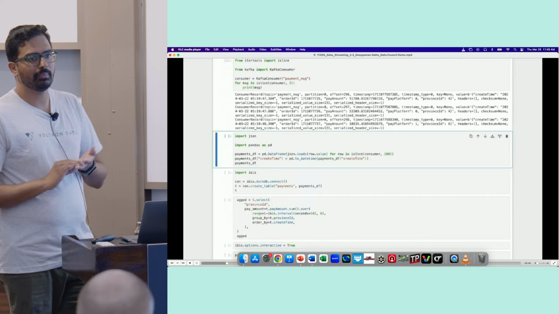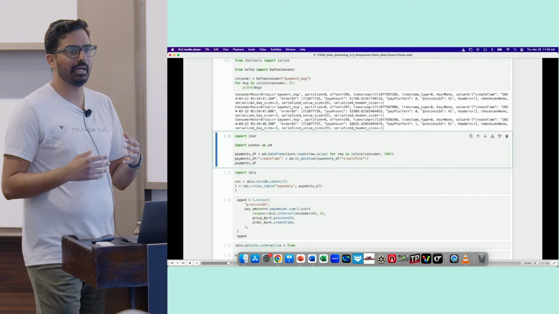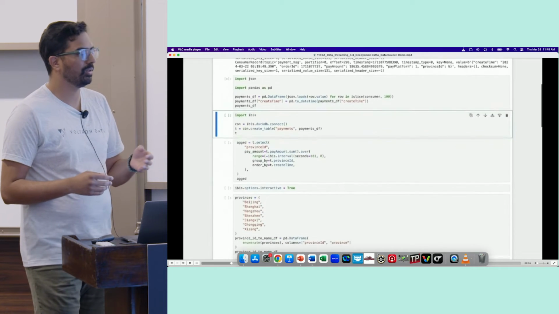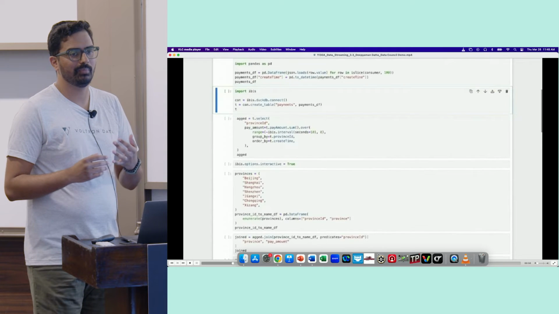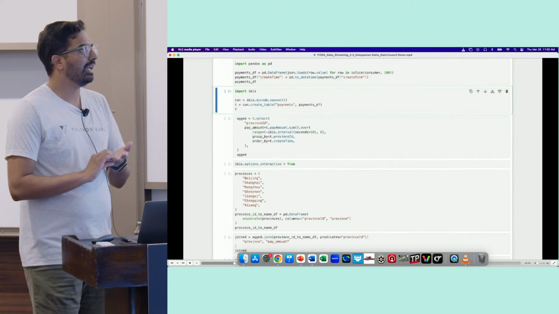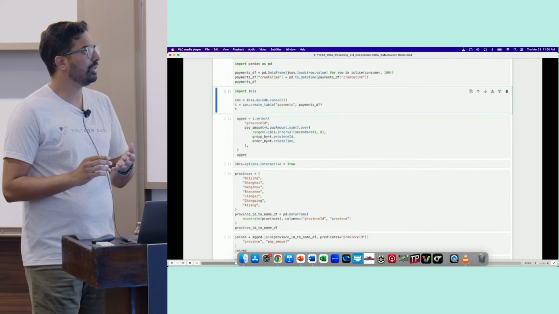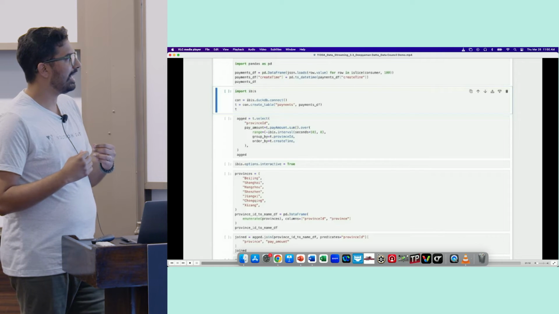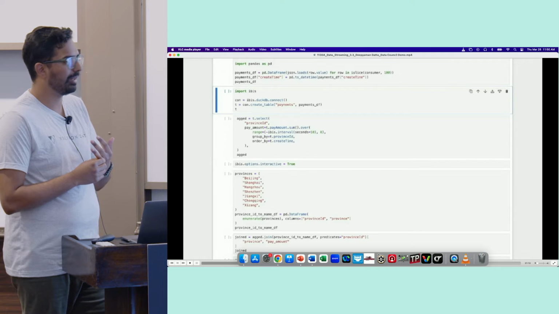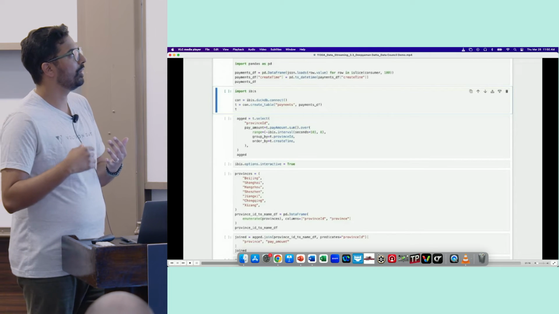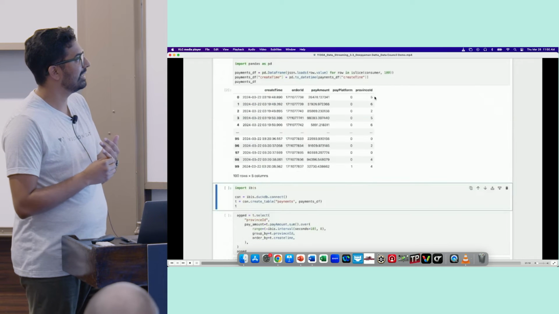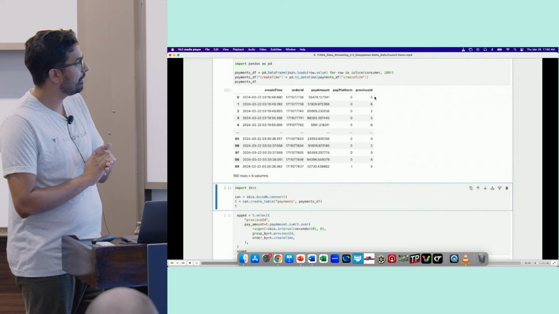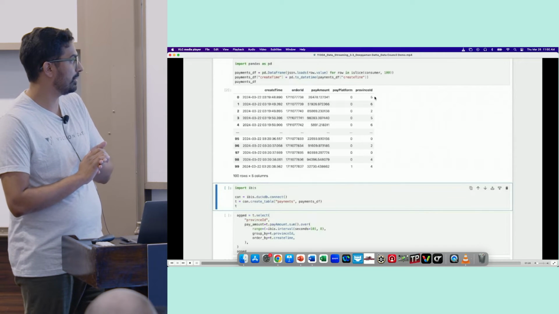So let's start with how we're going to do our local experimentation, how we're going to come up with the feature that we want to build. In order to do this, let's pull some number of rows, like 100 rows, so that we can do some local experimentation on top of that. What might be a good feature to build here? We can potentially look at computing the average payment amount over certain 10 seconds. I think it was here, I have to remember. But yeah, we've got some data here for local experimentation.